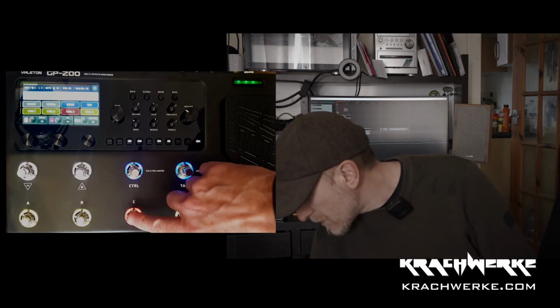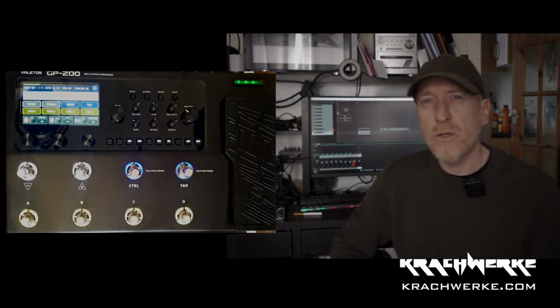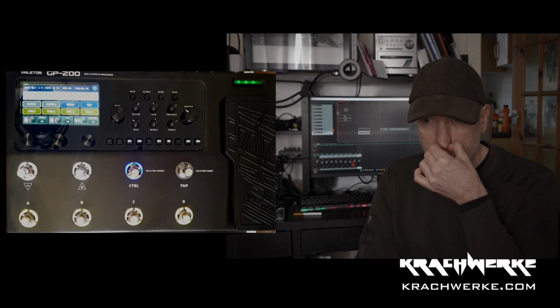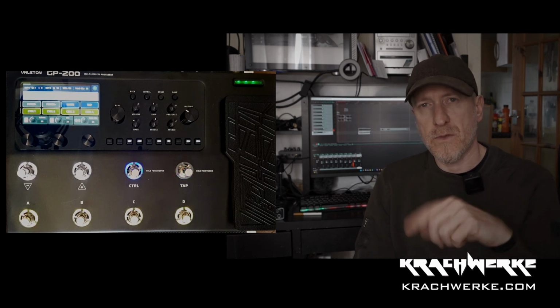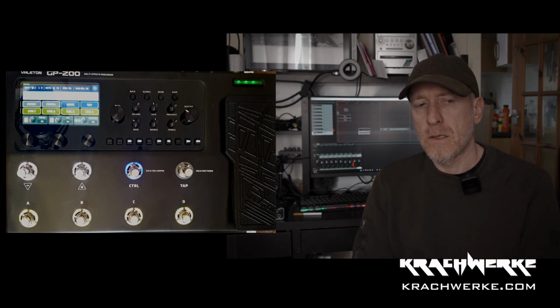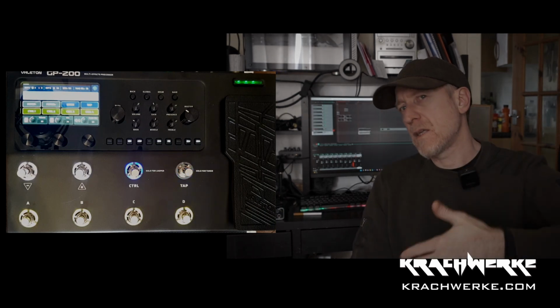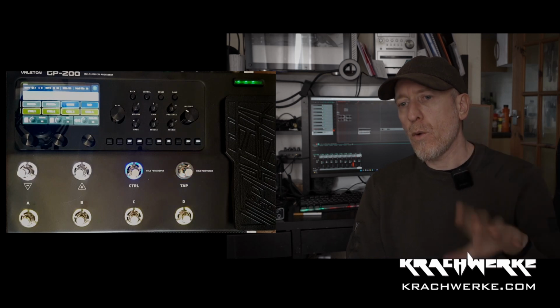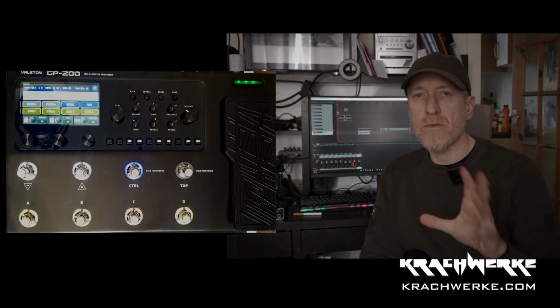So what I would suggest here, from a user point of view, from a firmware point of view or from a control point of view, is that there needs to be an option that if I switch between patches, the one that I leave stays in the state that I left it as. And the reason is, the whole way that you play live with pedals is that you have a song,